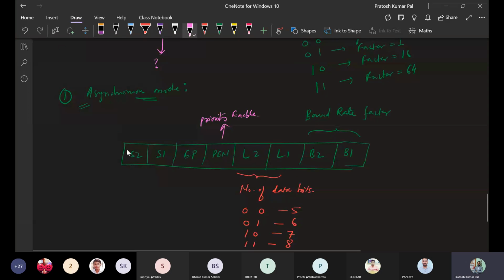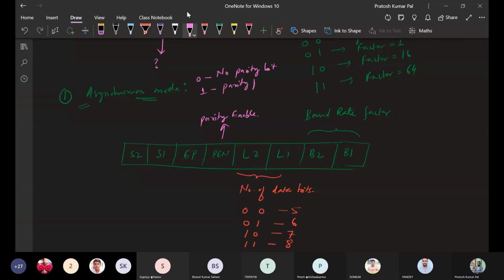If it is 0, that means no parity bit is there. If it is 1, that means a parity bit is present.